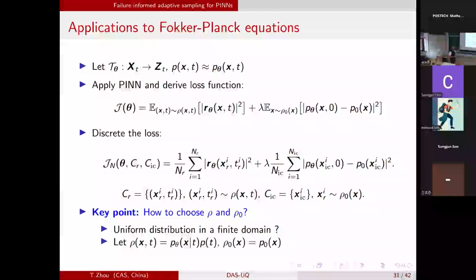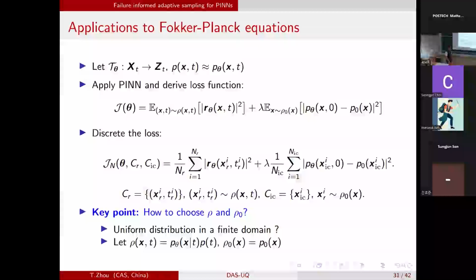Because for the Fokker-Planck equation, the solution is a density function, you model the solution with a generative model. You begin with uniform sampling, and then after a few training procedures, you will get the approximate solution. But here, we don't have a residue. You have the residue, but you care about the solution. The solution itself is a generative model. You model the solution with a generative model, and after a few SGD steps for training the neural network, you get an approximate solution. The solution itself is a density function.